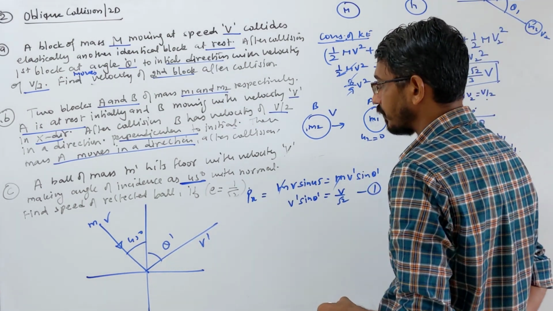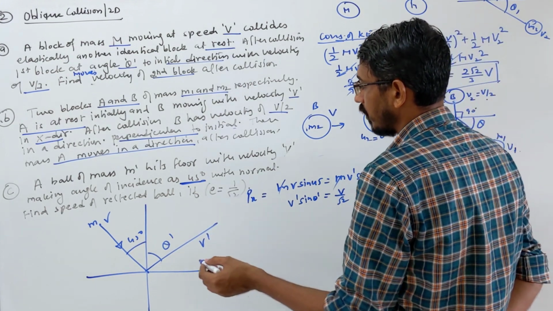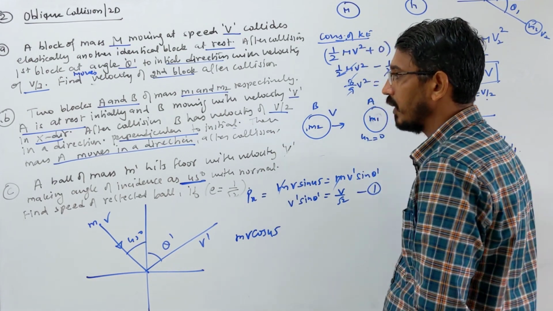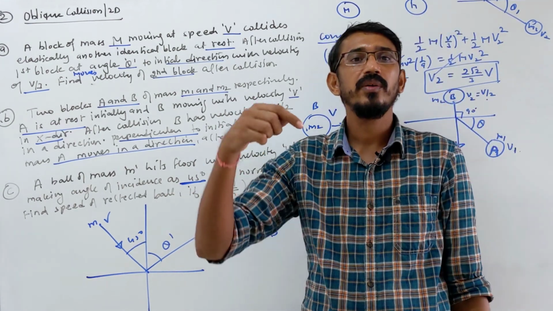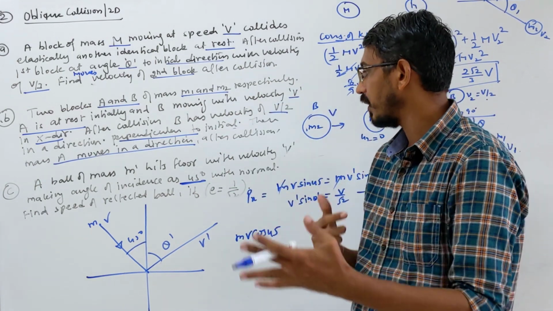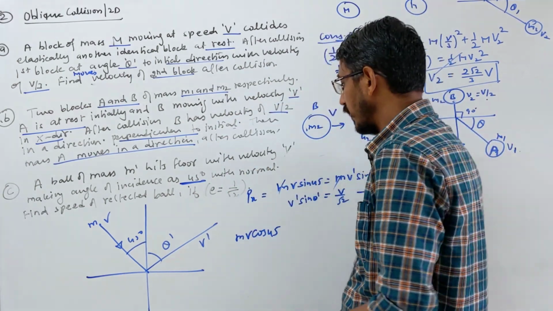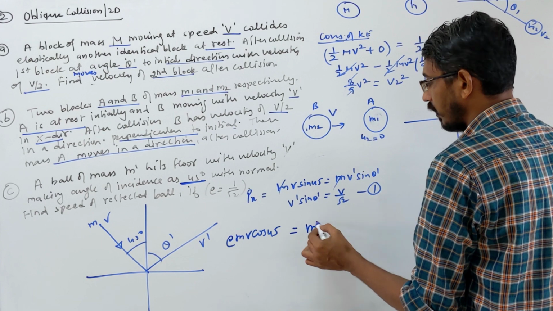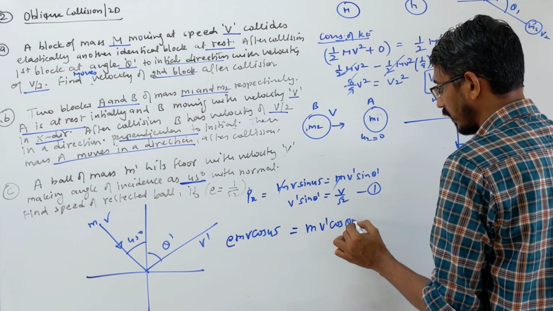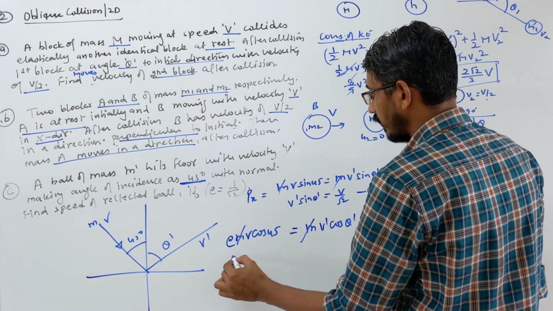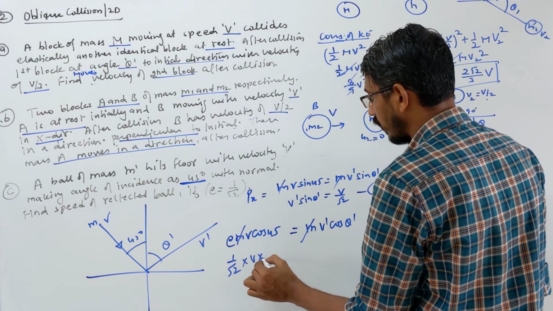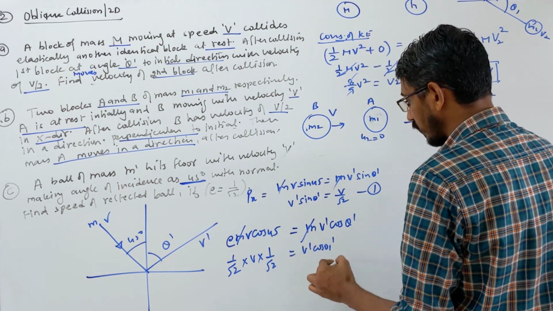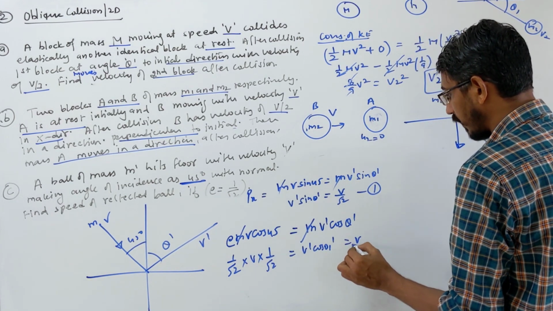Now let's write along the normal direction. Initial momentum will be m v cos 45. Give attention here, because we are talking about the normal direction, so the velocity and momentum component will be changing along the normal direction. So here you write e times this is equal to the final momentum. Final momentum is m v dash cos theta dash. Again the mass gets cancelled. So e times 1 by root 2 into v is equal to v dash cos theta dash. With e value of 1 by root 2, cos 45 is 1 by root 2, so this is simply v by 2.